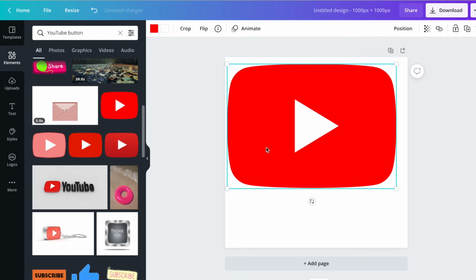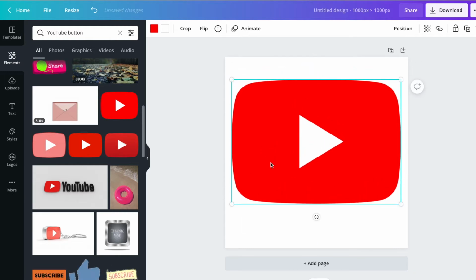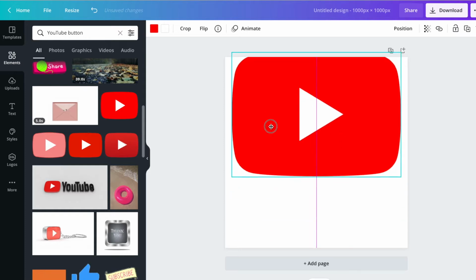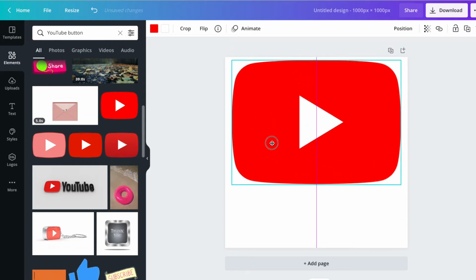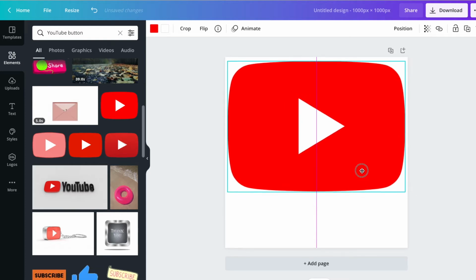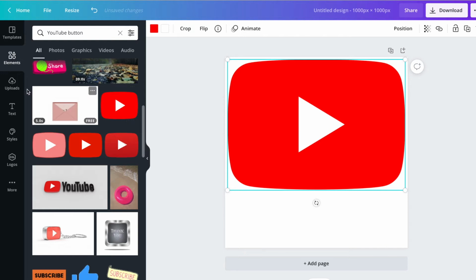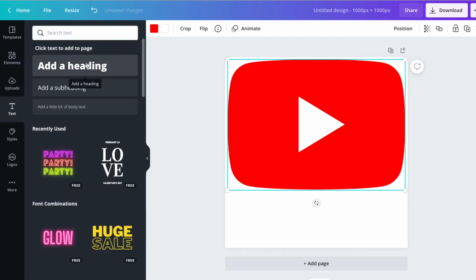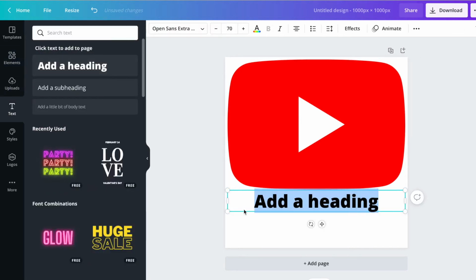So you can just place it wherever you want. It could be in the middle, on the bottom, or on the top. I would suggest you put it on the top, so it's very easy to see, and just centered. And then you can just add a text, literally. Choose a bold text, of course, so something that is very easy to see even when the size of this little square is going to be very small. So you can just write subscribe,